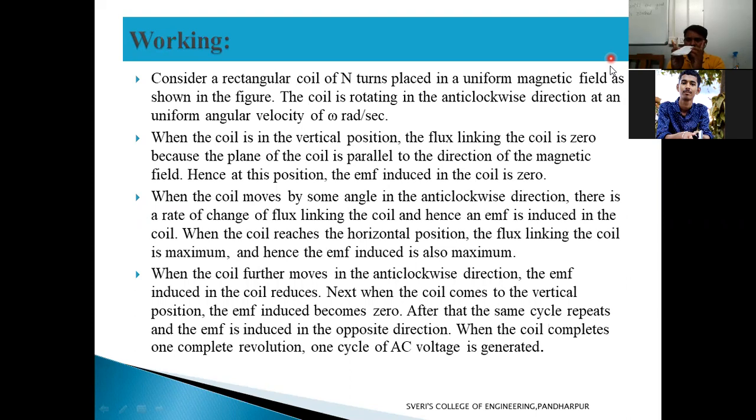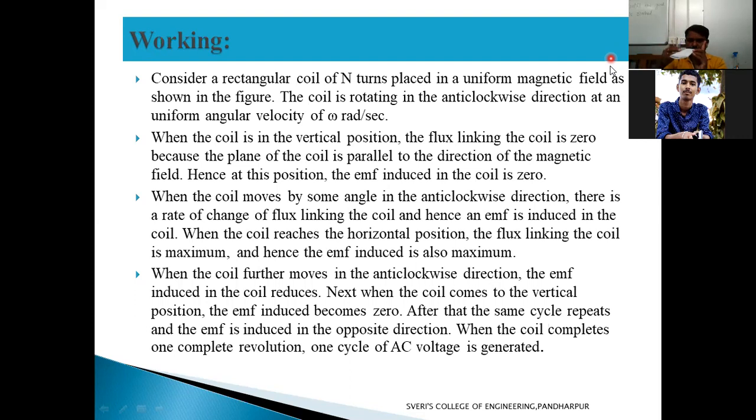Now, whatever this paper is, you consider it like a coil. In the anti-clockwise direction, I will start to rotate it like this. The flux lines will get disturbed. Previously, at constant, the flux lines were like this. When the coil starts to rotate, it is going to cut the magnetic flux lines.